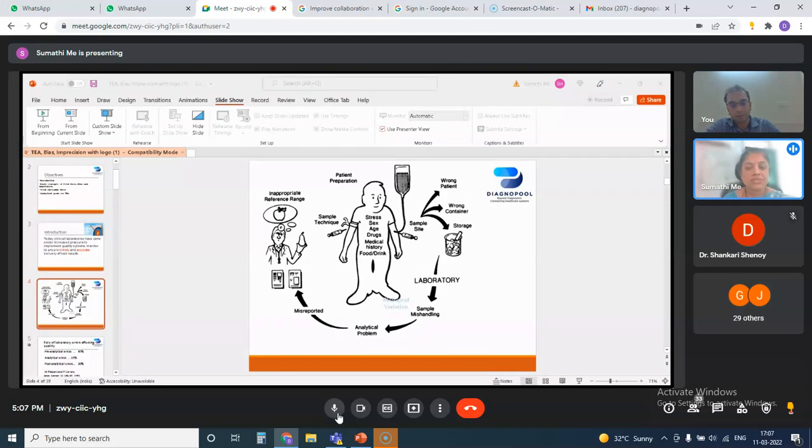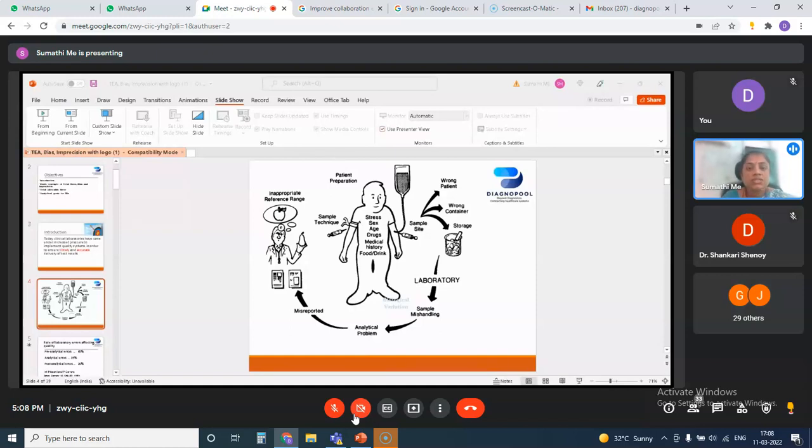Yeah. So this picture is self-explanatory, where we have a lot of variations we come across in the testing process. A lot of interferences from the patient perspective, and also factors which influence the test result from the laboratory perspective and the environment around. So in the patient perspective, we have some unavoidable variations, for example, age of the patient, gender, the medical treatment they are taking, history, any pathological conditions, the diet, stress condition. All these are factors which influence the test result.